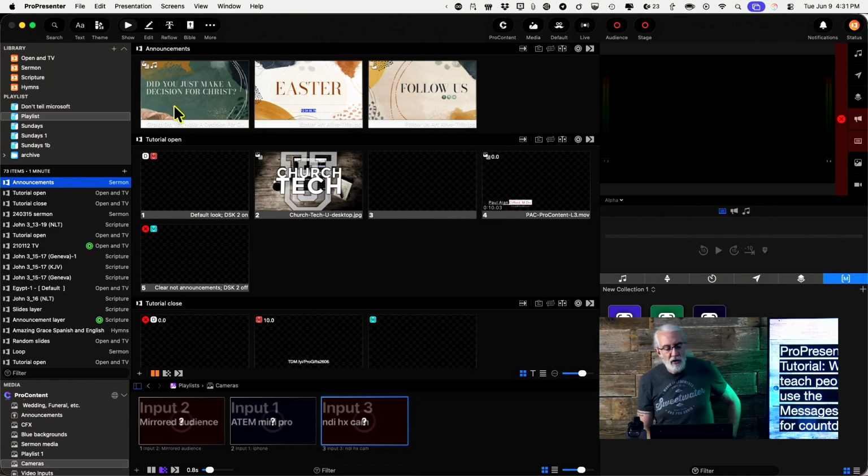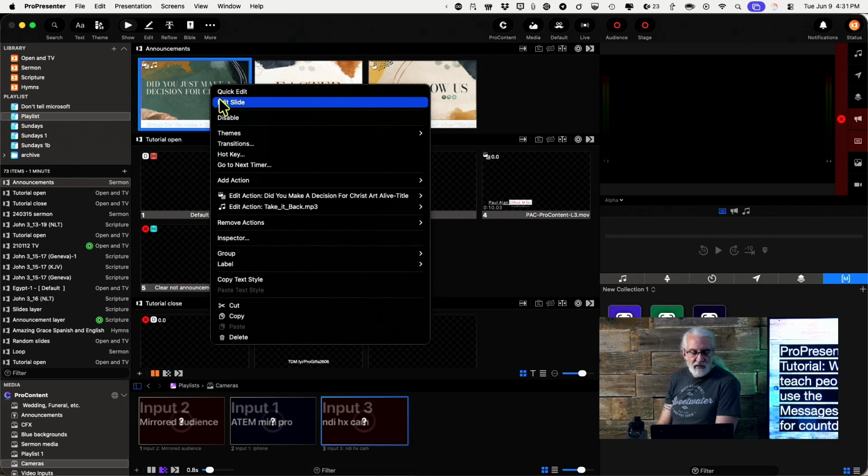Okay, so what would happen if I were to put a countdown on this layer right here? It's just the regular slides layer. I can move it up to the announcement layer just by clicking on this here. Does the exact same thing, just moves it up a layer. So that really doesn't apply here. So let me right click, edit this slide,